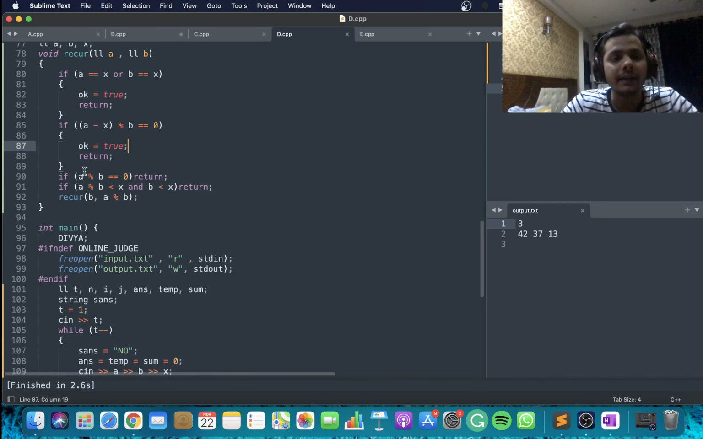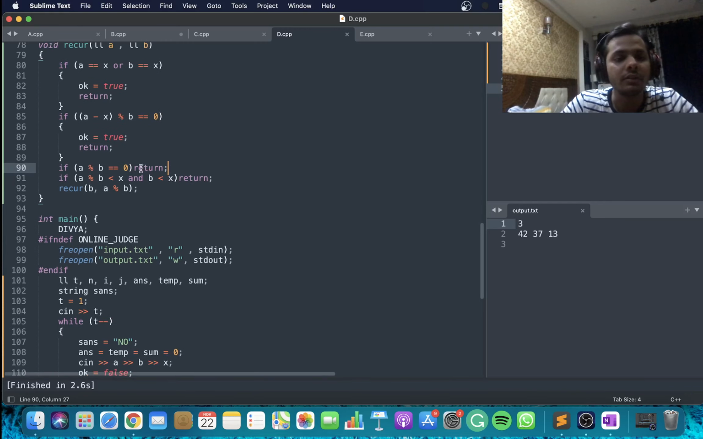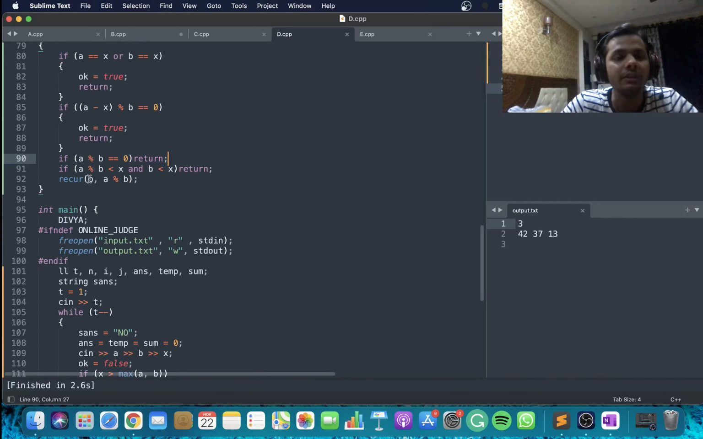Otherwise, if a mod b becomes 0, then obviously there is no need to continue, because I have reached the end of my recursion. So I will just return there. But if a mod b is not equal to 0, I will just recursively go to b comma a mod b, right? This is another check, which is just a silly optimization: